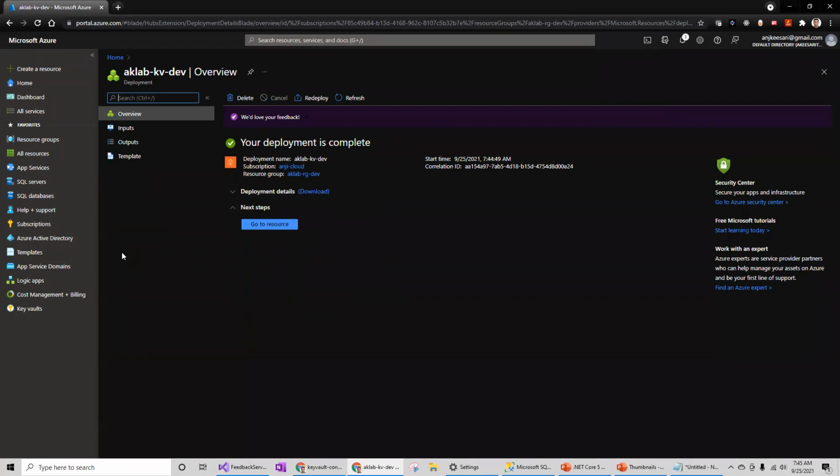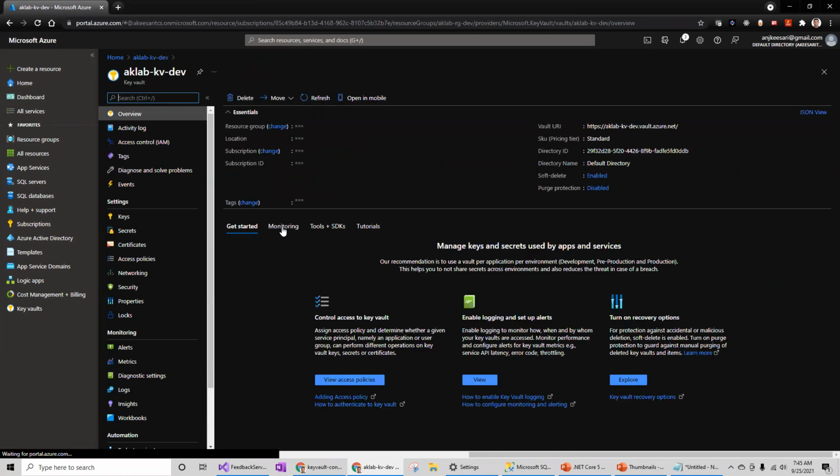The only caveat is that you need a credit card or a debit card for creating the Azure account. So now the Azure Key Vault service is created.